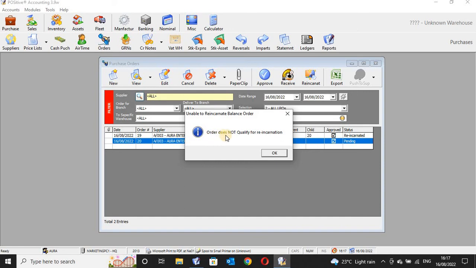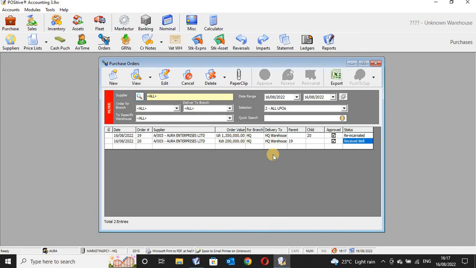You can see here it says order does not qualify for reincarnation, which means there is no remainder of any product. Every product that you had ordered has now been delivered by your supplier. That's why it says it does not qualify for reincarnation. So that one is okay, and then you see received well. It is well received. So that is how we do the orders,